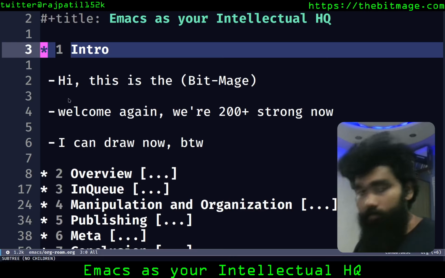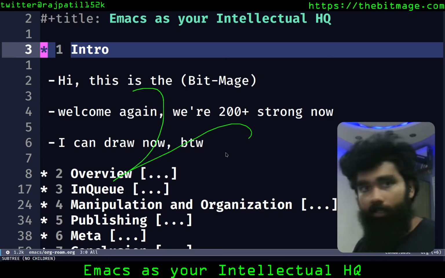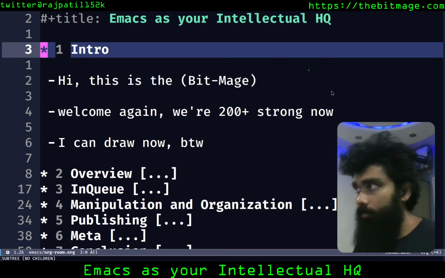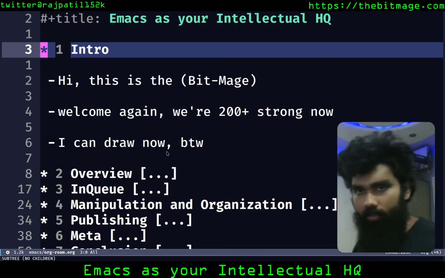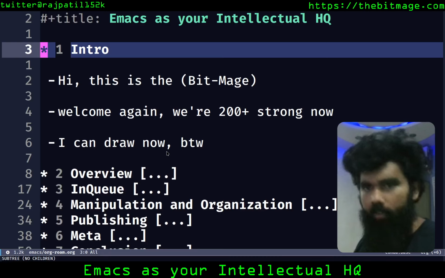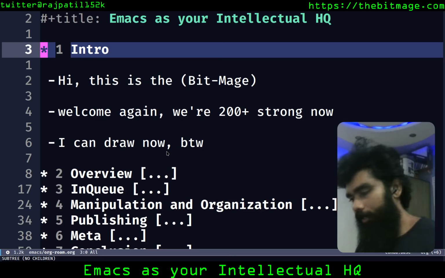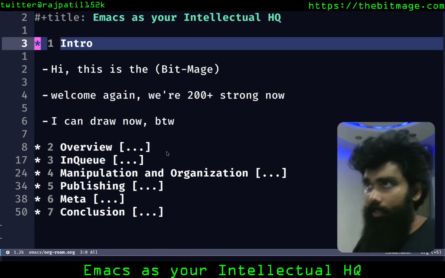I can draw now, by the way, so if I do need to explain anything, I should be able to, just go in and probably draw some arrows here and there. So the explanations are probably going to be better henceforth if I do want to say something conceptual. I am not going to be touching the mouse. This is the only case where I do touch the mouse. Otherwise, it's mostly going to be keyboard-based workflows. That is what I'm going for. Efficiency is what we're gunning for. And let's get right into it.